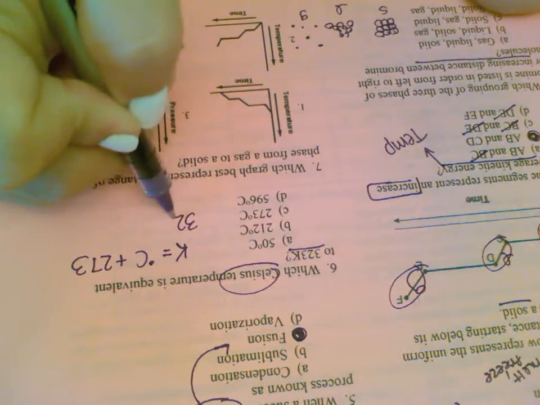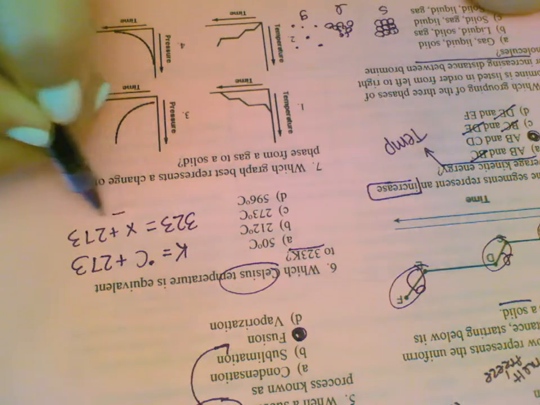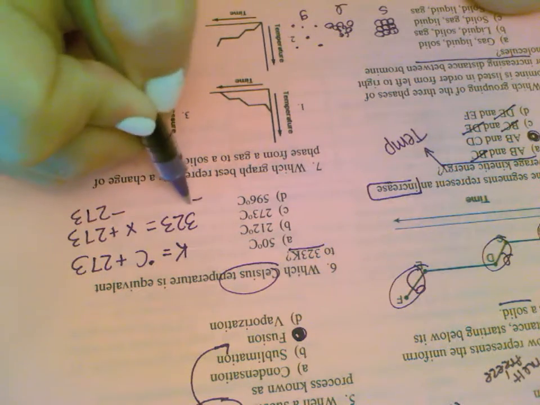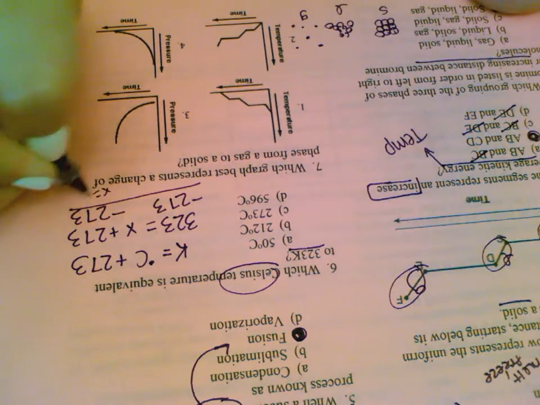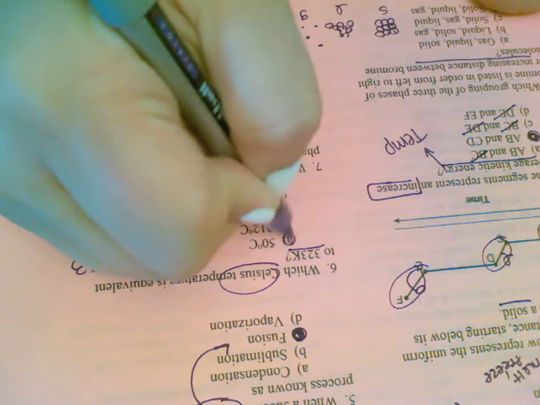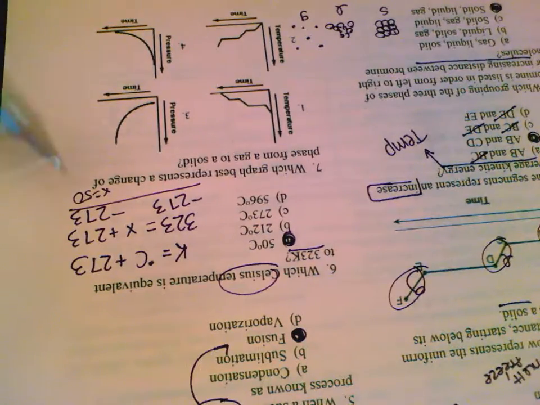They're telling me they want to know which Celsius temperature is equal to 323 K. So if I do 323 equals X plus 273, essentially I'm just subtracting 273. So subtract 273, and you're going to get 50. 50 degrees Celsius. I can always double check because if I do 50 plus 273,